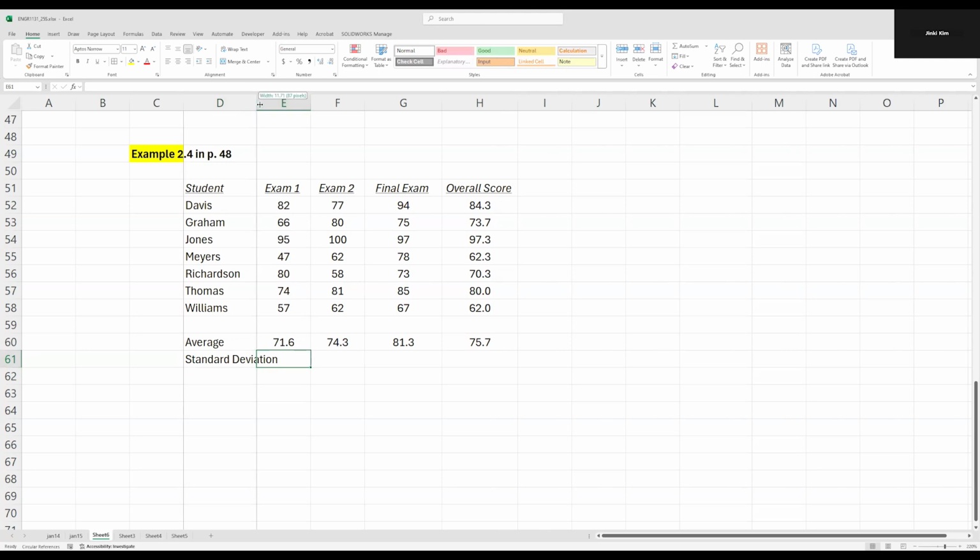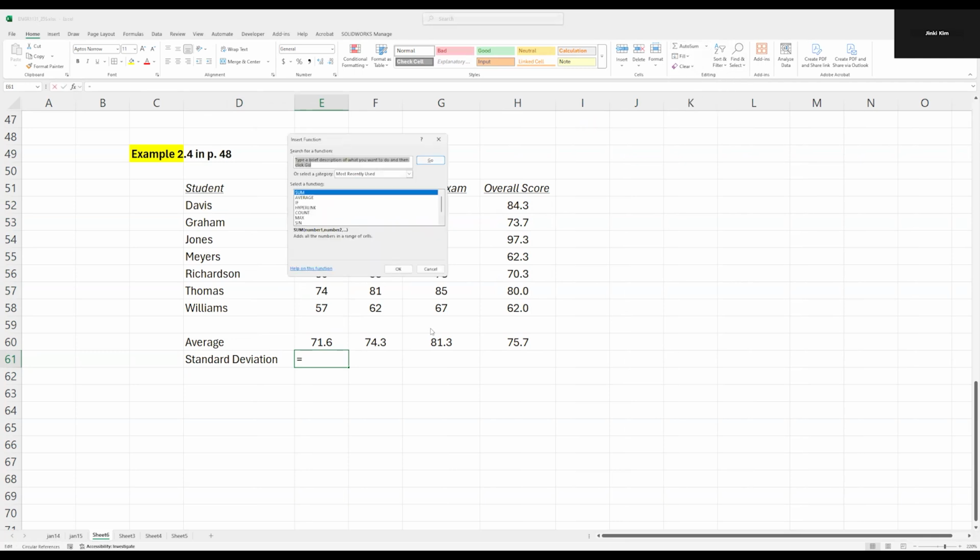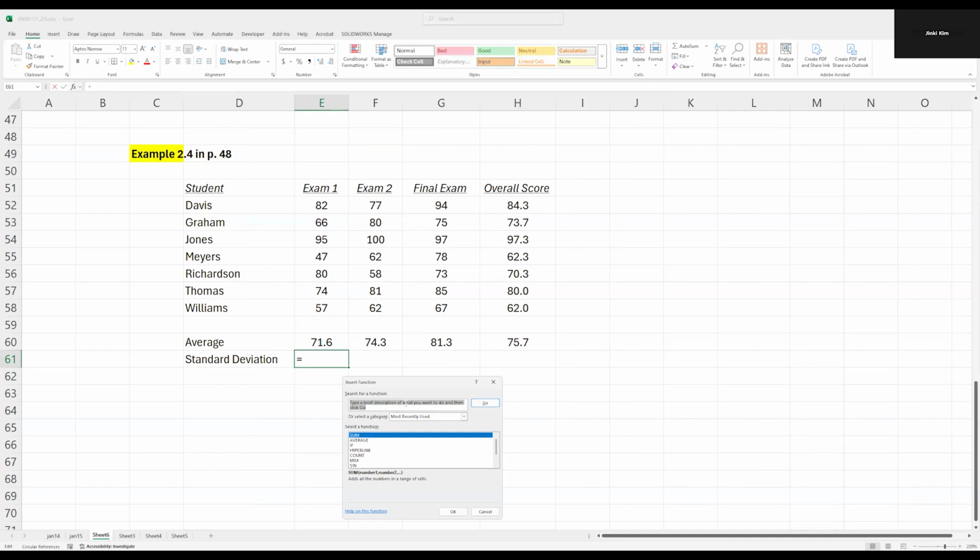How do you find this? One way is, of course, from here you can use the definition of standard deviation to do a little bit of math to get that here. Or we can use a function. And here it just shows some of the suggested ones, but here you have that more function option, right? And from here, you can just do a little bit of search, standard deviation. And if you hit go, then it will show some results. And actually, the answer is this